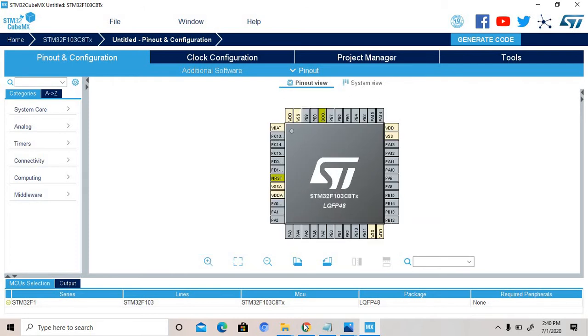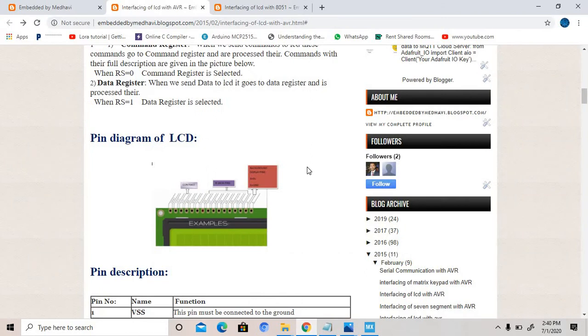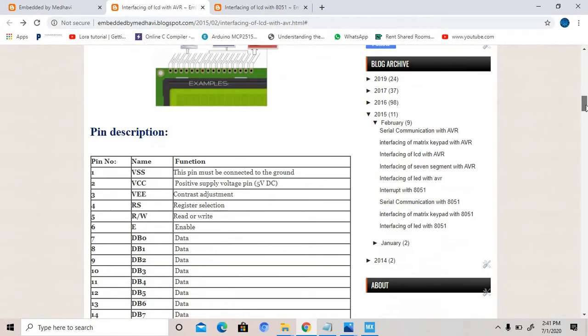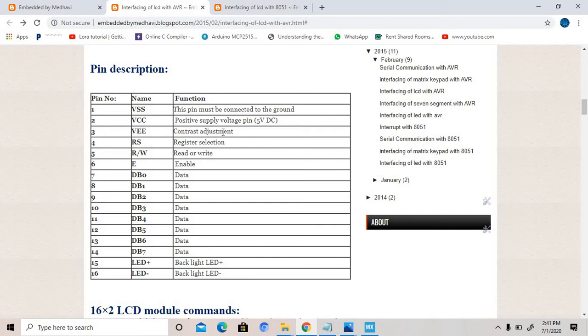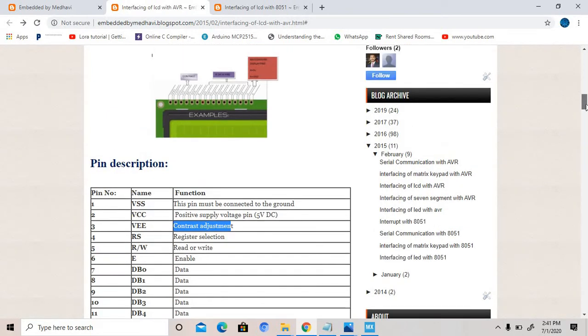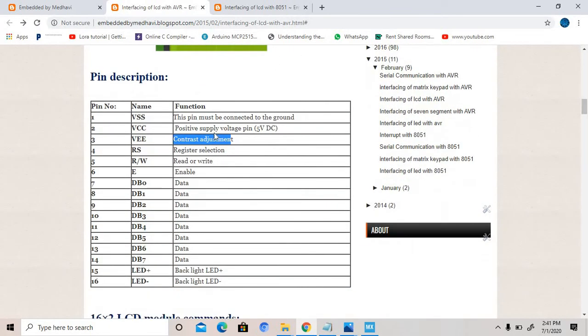We are using an LCD. So first go to my block. This is my block. This is a pin diagram of LCD. We are using a 16x2 LCD. First pin is ground, second pin is VCC, third pin is for variable resistance for contrast control, fourth is for RS, fifth is for read and write, sixth is for enable, and 7 to 14 pins are for data lines, and these two are the backlight. This is the pin configuration of this 16x2 LCD.